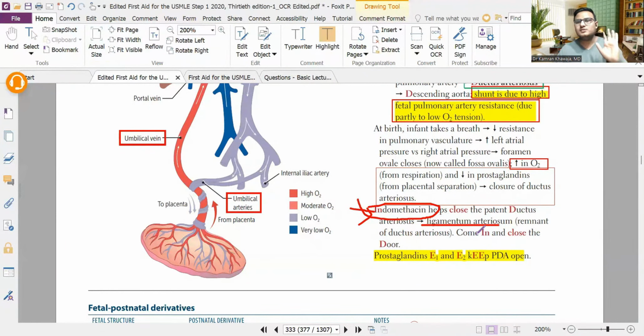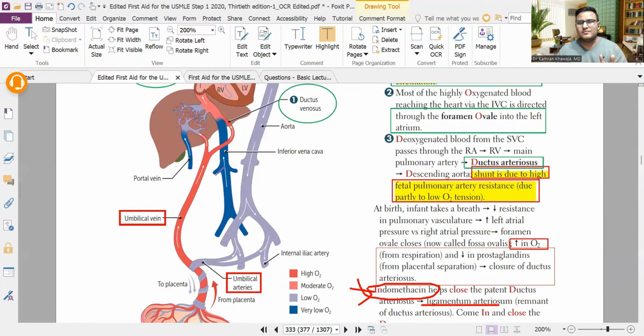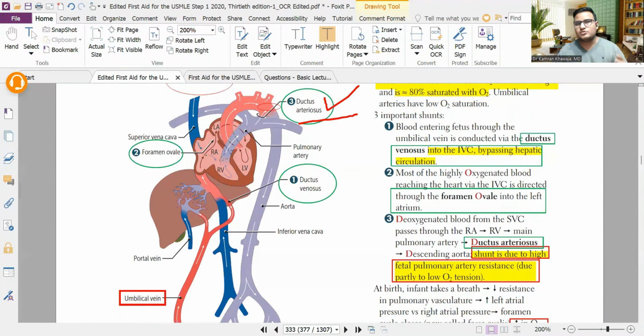द मोस्ट हाई यील्ड कंसेप्ट ऑफ दिस पेज इज थ्री, तीन चीजें। नंबर वन, अम्बिलिकल वेन में वेल ऑक्सीजनेटेड ब्लड होता है, अम्बिलिकल आर्टरी में डीऑक्सीजनेटेड ब्लड होता है। नंबर दो, जो वेल ऑक्सीजनेटेड अम्बिलिकल वेन से ब्लड हेपेटिक सर्कुलेशन को बाईपास करके डक्टस वीनोसस के थ्रू राइट एट्रियम को जाता है, वो नीचे नहीं जाएगा, वो डायरेक्ट लेफ्ट एट्रियम में जाएगा। दो कंसेप्ट बड़े इंपॉर्टेंट। तीसरा कंसेप्ट हमने डिस्कस किया कि राइट वेंट्रिकल से डीऑक्सीजनेटेड जो